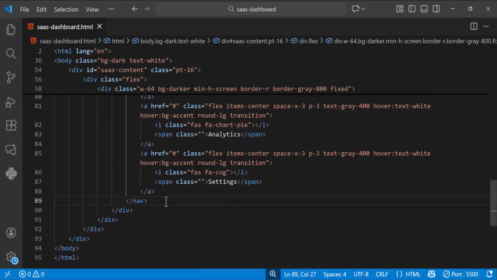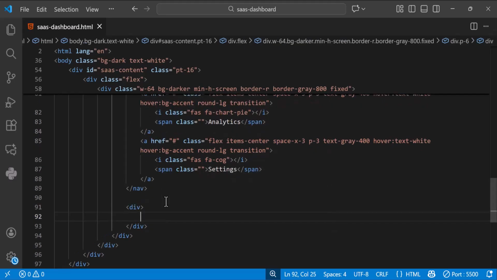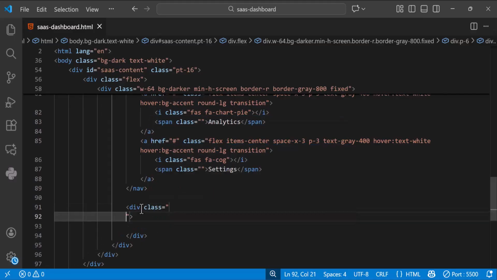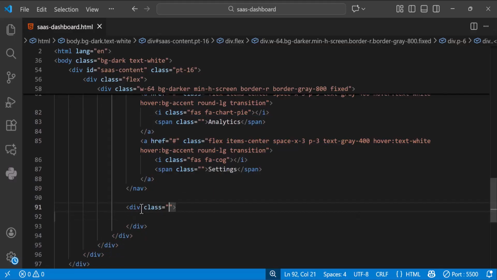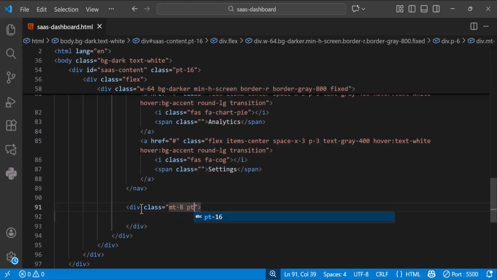So after we are done with the nav, underneath the closing tag, I want you to create another div. So we create another div, and we're going to have some stylings. So let's work on the stylings immediately after we created the div. So I'll say class, sorry again. I'm going to say mt-8